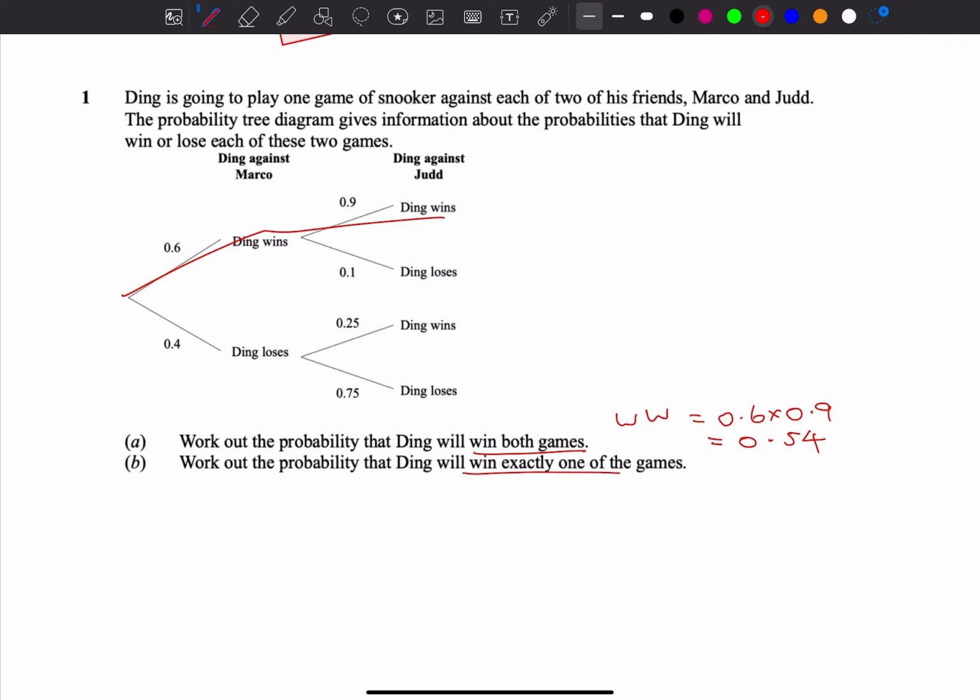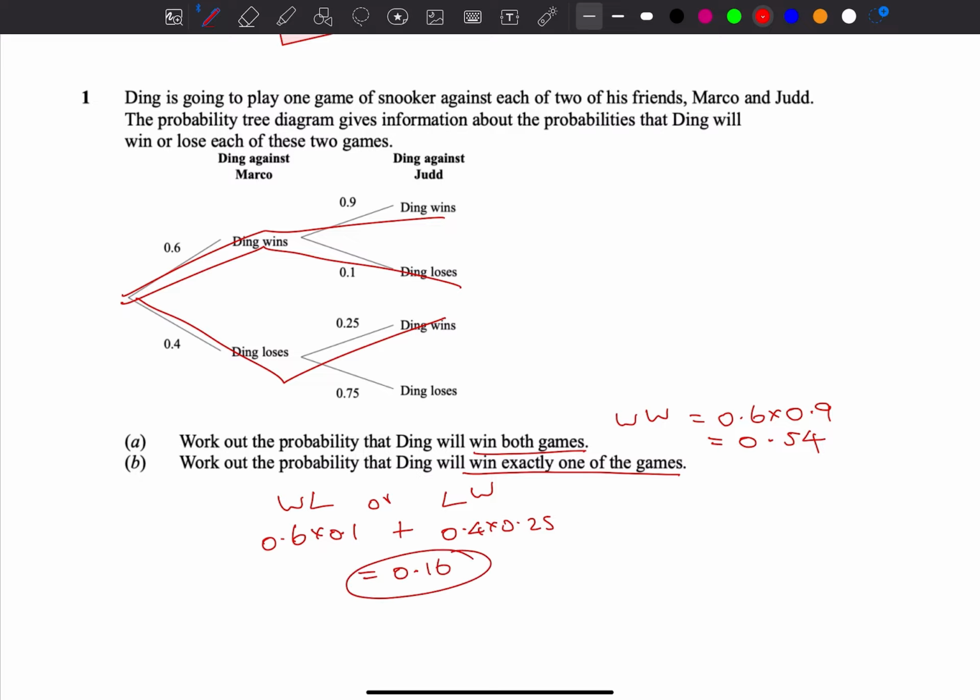He will win exactly one of the games. So it's a win and lose, or lose and win. So win and lose is 0.6 times 0.1, or is plus, lose and win is 0.4 times 0.25. That should give you 0.16. Just use the calculator on it. Okay. Now,